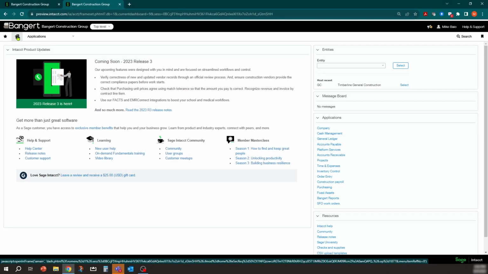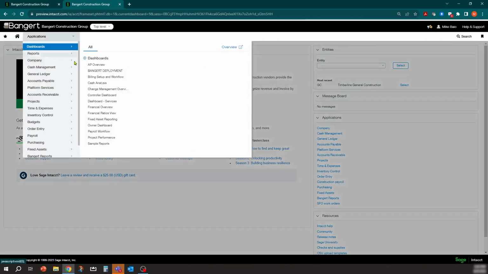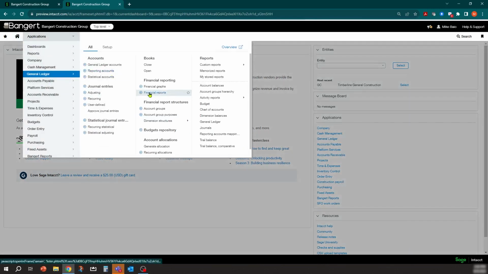So the other thing that's coming out with release 3 is a whole new reporting area in the system for construction. Before release 3, if you wanted to get different types of cost reporting all in one place, for example your estimated cost, your actual cost, your committed cost, billings, contract amounts, all that stuff, it's still a very good way to do it. Under financial reports you can run all that together, but it's all technically going through the general ledger.